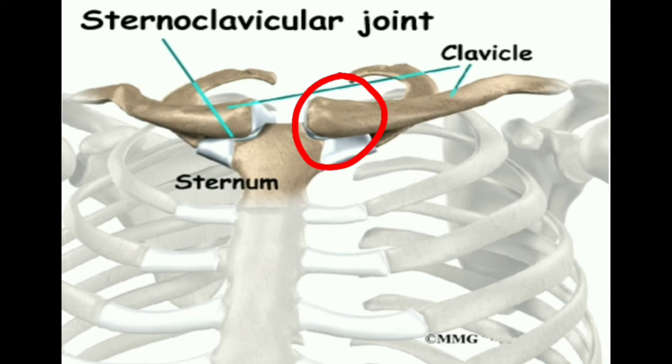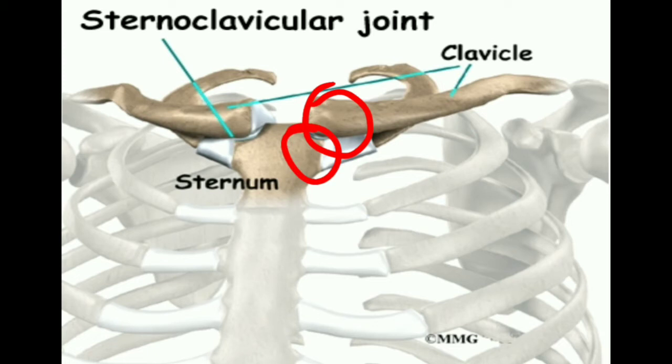If we have convex over here, over the medial end of the clavicle, then the manubrium of the sternum will be concave. Here it has a very small saddle shape that we have discussed earlier. So what is happening in elevation is that the convex part of the clavicle moves on the concave part of the manubrium.